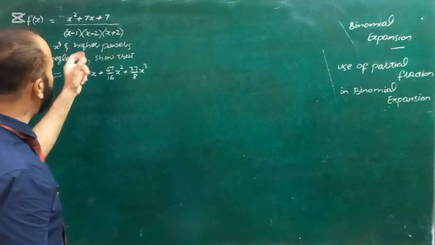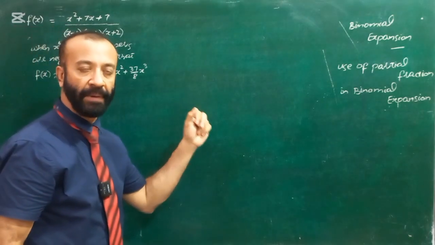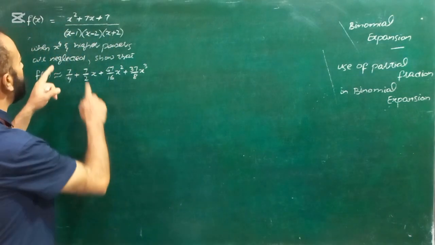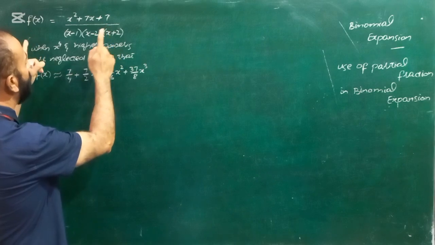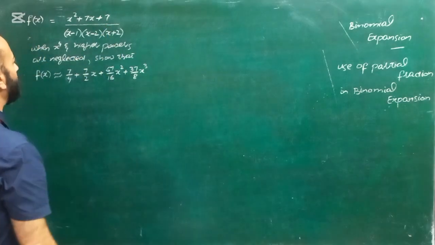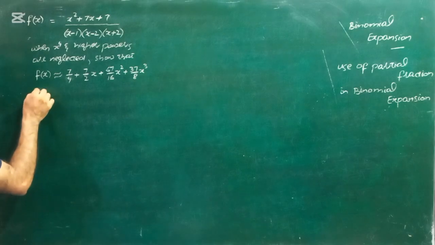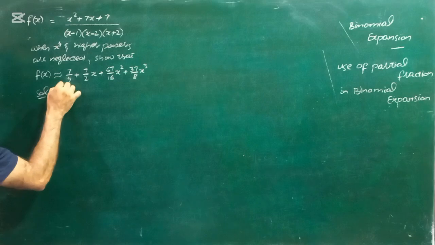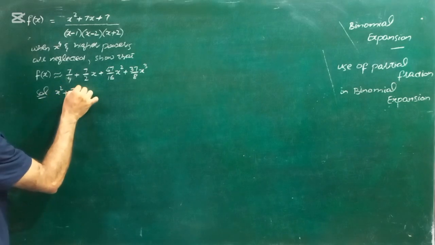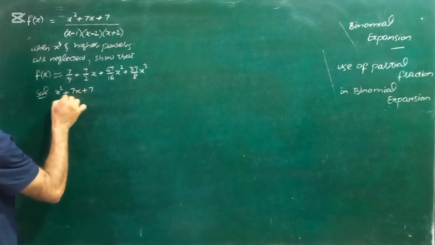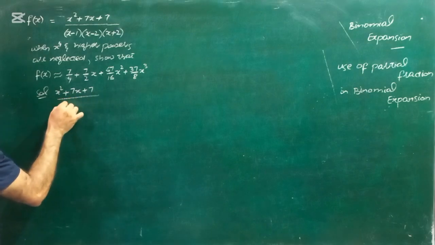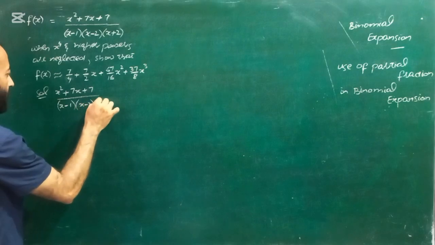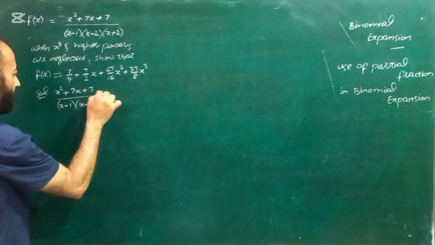So for a partial fraction, first we have to see whether this is a proper fraction or an improper fraction. Now this is a proper fraction because the highest power of x in the numerator is smaller than the highest power of x in the denominator. So the solution is here. First we will do partial fractions. So x square plus 7x plus 7 divided by x minus 1 into x minus 2 into x plus 2 is equal to,